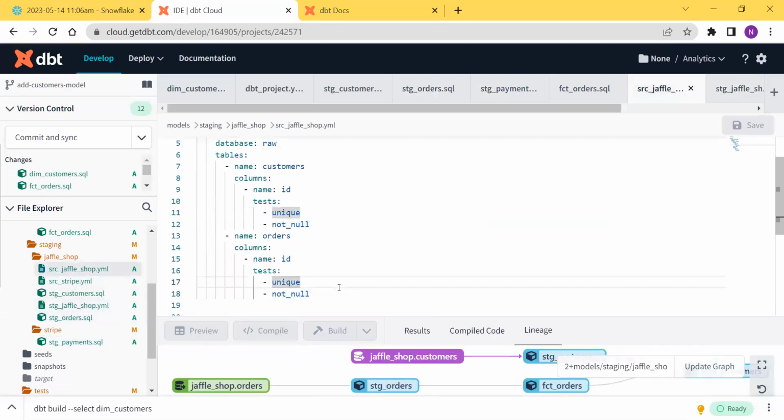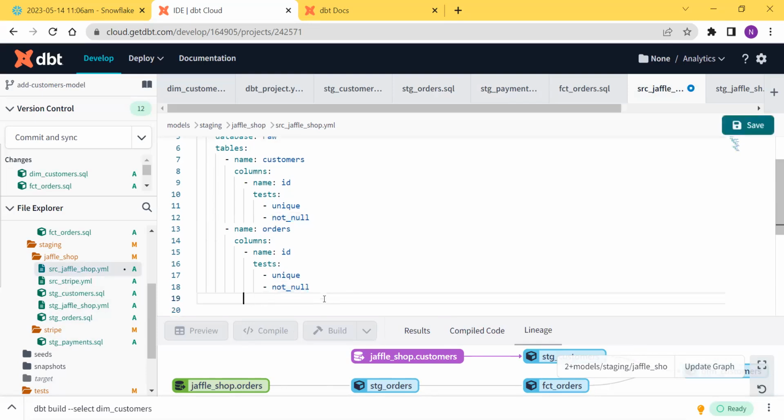So here we have this orders table, right? For this orders table, we have given two tests for the ID column, which are unique and not null. Okay. So these tests got passed, right? Now what we are going to do is give another test to another column. So right now, to the status column,